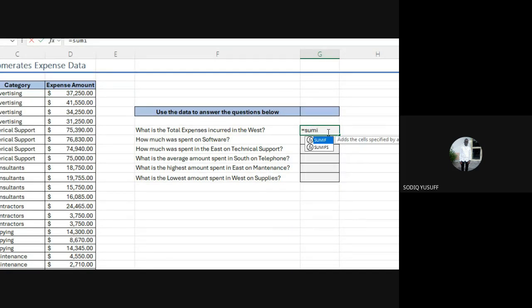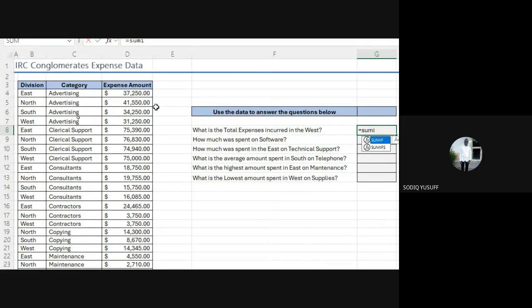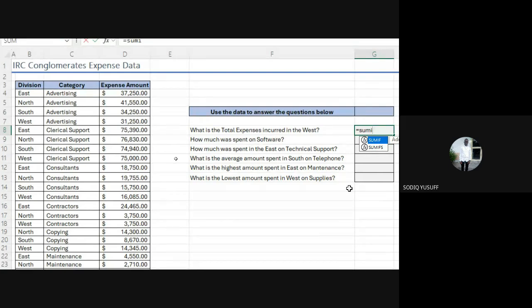SUMIF, everyone, for those who did not get it at first. If you read what SUMIF does, it says it adds all cells specified by a given condition or criteria. We have a condition here that it must meet before you sum it. It's not just going to sum all these numbers blindly. The condition is that the expense must come from the West. So we use SUMIF. Let's go, SUMIF.